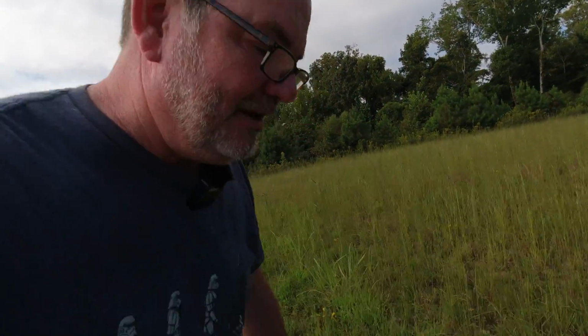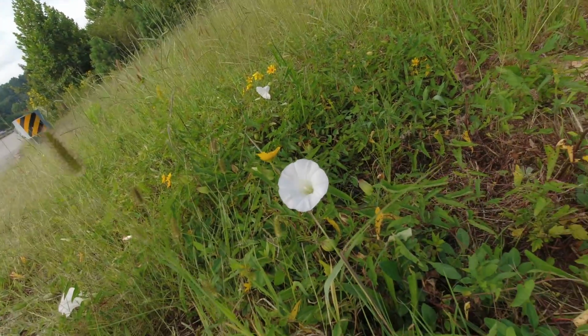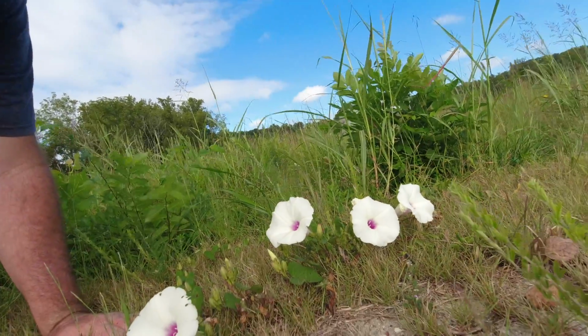I also noticed some other flowers while I was out here, just a little ways down from the big yellow flower, and I made some photos of these as well. A lot of times I see this sort of flower growing on the side of the lake, and even more likely I see these up here, a very similar flower. I think these only grow places really near where the water table is high or something. But you can see these are beautiful,